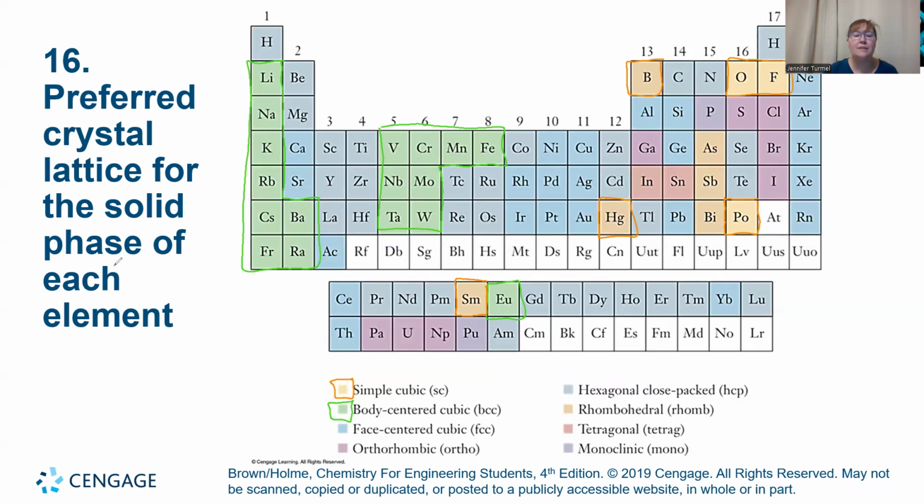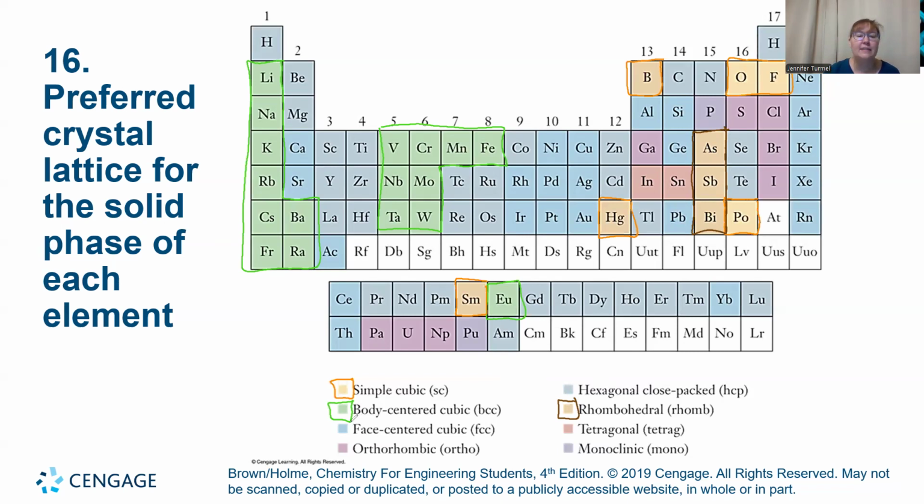Now you can see it's a slightly different color. Over here you have a rhombohedral structure, which is a slightly different one, and that's your arsenic, antimony, and bismuth right here. Now let's take a look at